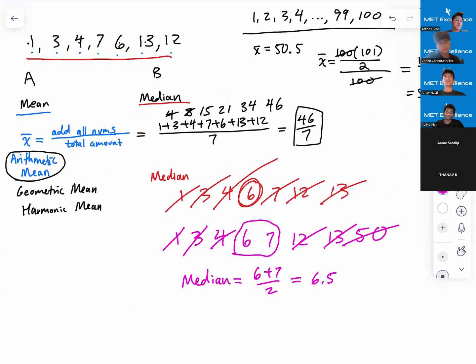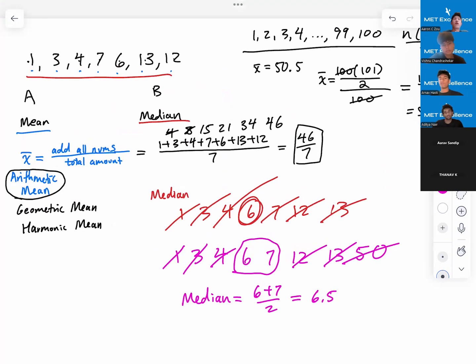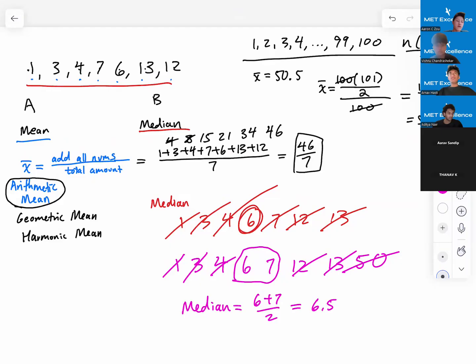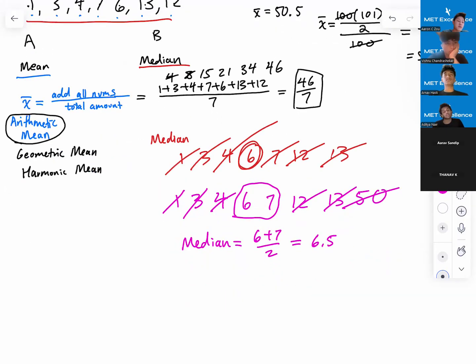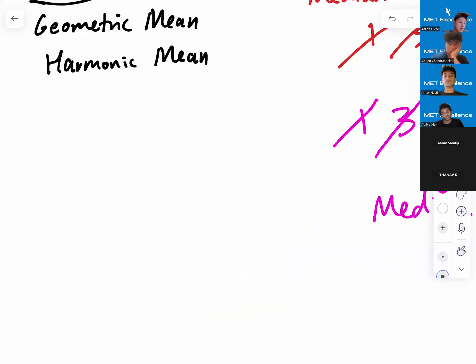All right. And finally, we'll have one more of these things that measure average. So far, the mean and the median, these things are what we call measures of central tendency. So they're like a number that summarizes the middle of the data, right? So you can imagine the median is literally the middlemost number. The mean is kind of like the average number, which happens to also be a middle number. And the last type of measure of central tendency is called the mode,